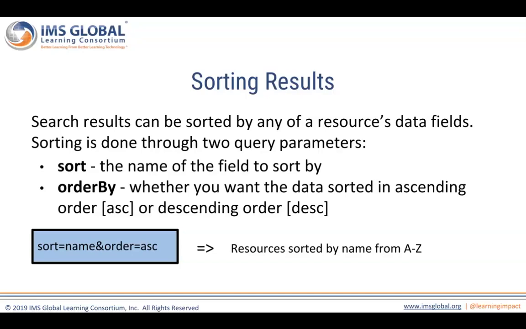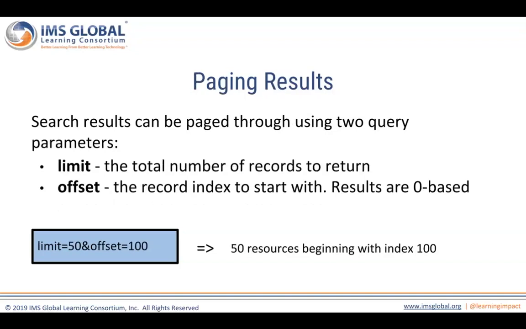If you want a smaller result set, you have the ability to page through these results. So let's say our query for the geometry resources with triangle in the description was going to return 500 records. But we're building a UI where we only want to show 10 records at a time. In that case, you're going to want to use two other query parameters. You've got limit, which is the number of records you want back, and then offset, which is the record index